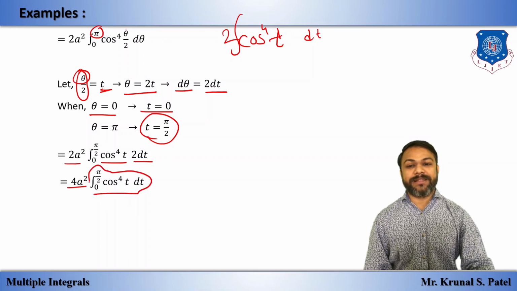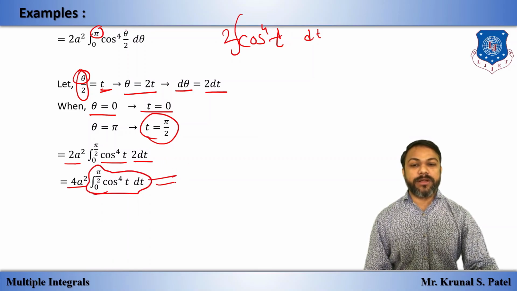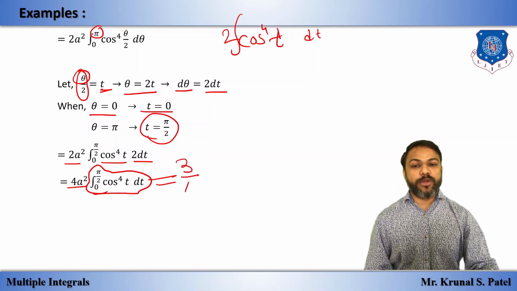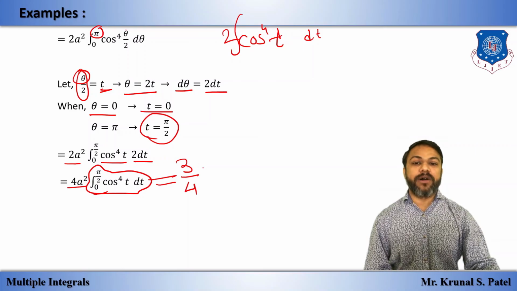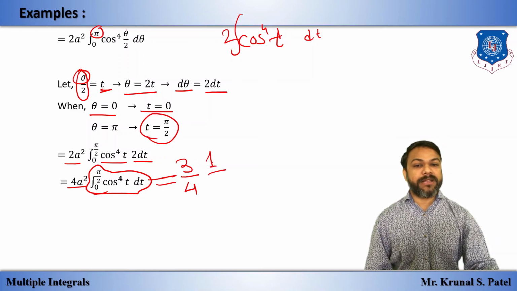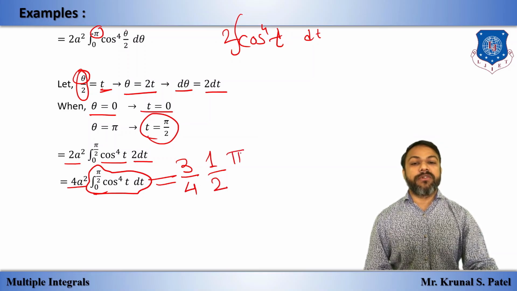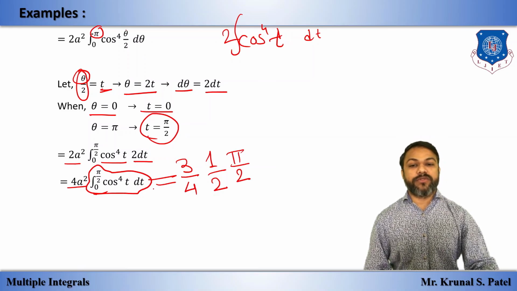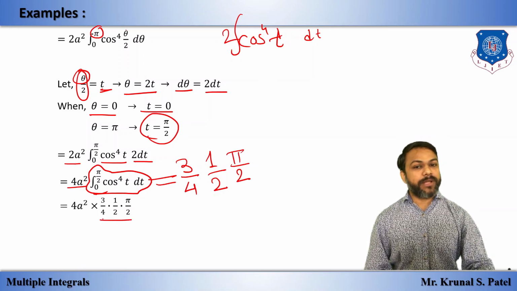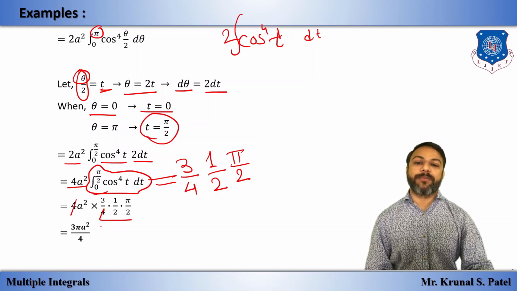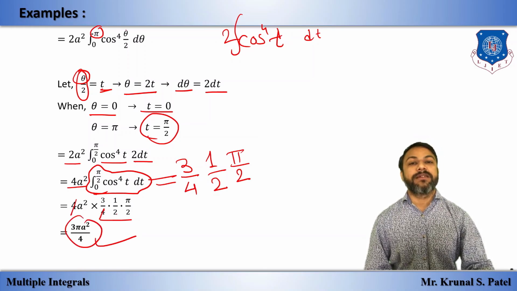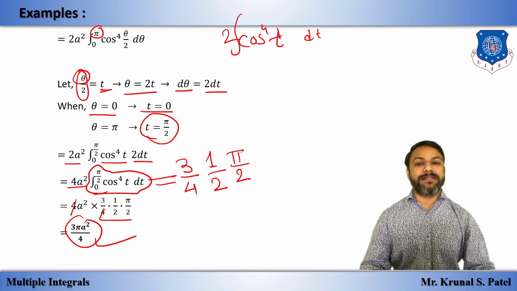Now you can apply the reduction formula as I told. For the numerator, 1 minus gives 3, and the denominator power as it is. Now 1 minus, so 1, and 2 minus, so 2, in the denominator; 2 minus is 2. As I told, if we get 1 by 2, we put pi by 2. So we have this, and cancelling this 4 with this 4, we have 3a squared pi by 4 as the final answer. So it gives the answer easily.